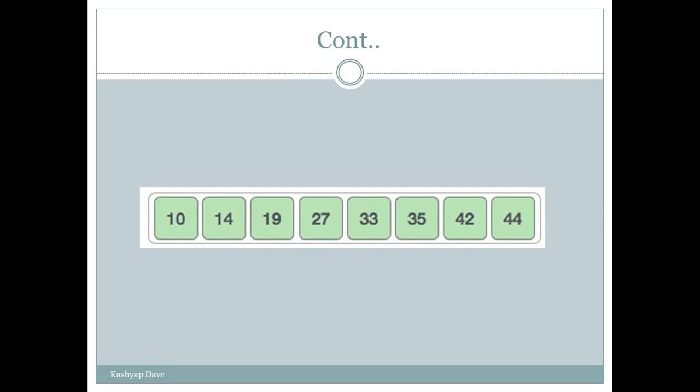That beginning index element will be part of the sorted list and the rest will be the unsorted list. Again we will continue this process on the unsorted list and find our array sorted at the last. So our example list is sorted here, meaning 10 is at the beginning index and 44 at the last index.